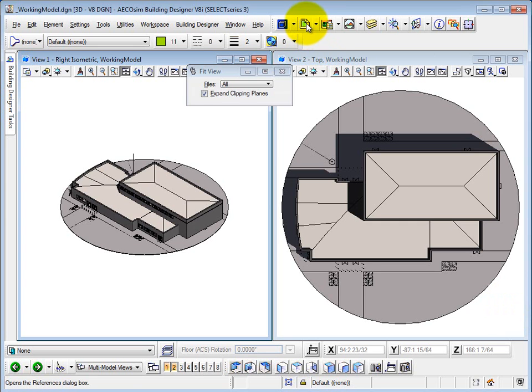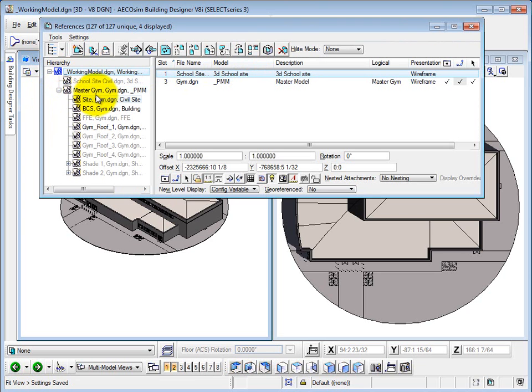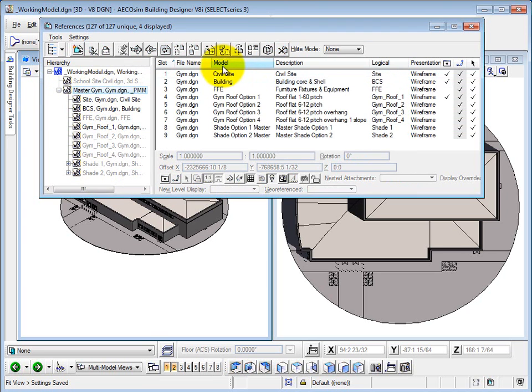So once again, we'll come up to our reference file dialog. We're going to come over here to the left and we're going to expand the tree here. So this is the current file we're in, workingmodel.dgn. We can see the two reference files attached. We can actually expand that GIM file and see that it also has a number of reference files attached. We call these nested references. So if we highlight that GIM file, we're going to see all of those files and we can turn them